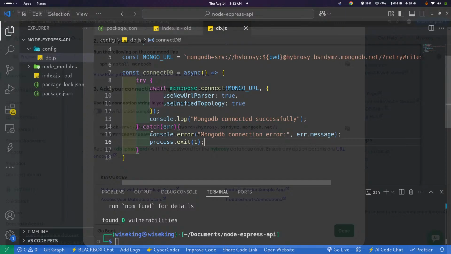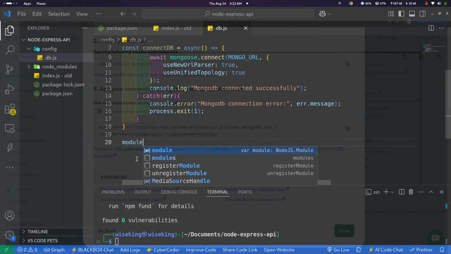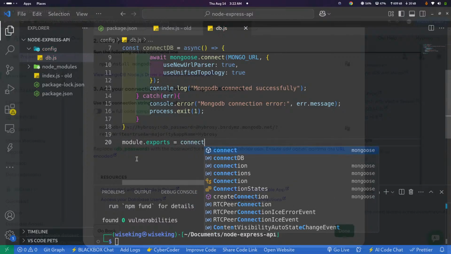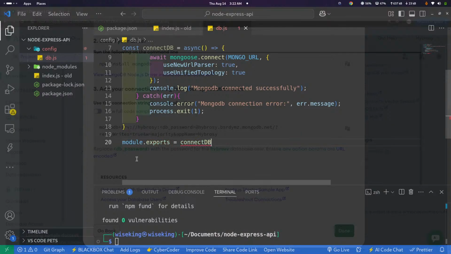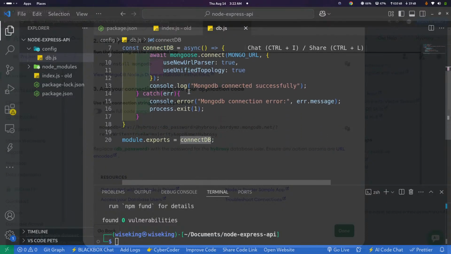So, and then after this part, we have to make sure we do module.exports, because we will need to export this. It will be called connectDB. So, because this is exactly our file we have mentioned right here. Alright, here we are good to go. Here we have made a MongoDB connection,